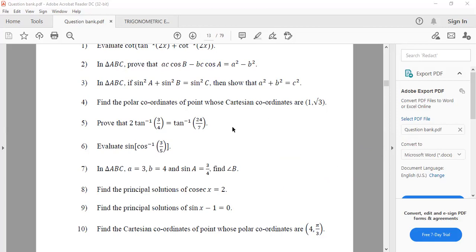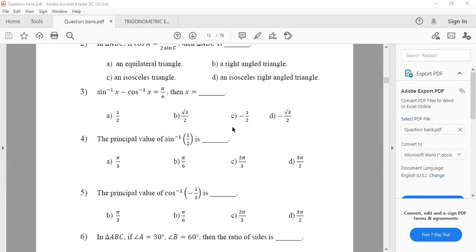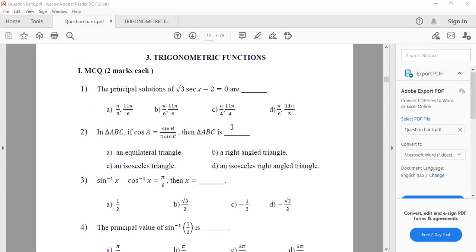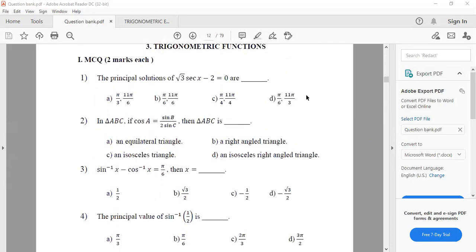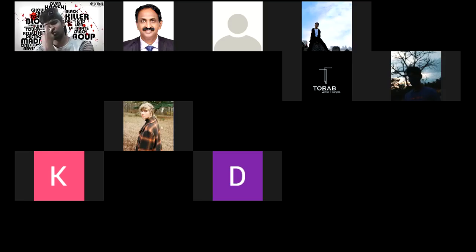Now let's go to formulas of trigonometric equation, properties of triangle. Tell me the formulas that you should know. Sine rule, cosine rule, projection rule. First of all, sine rule. What is sine rule? Sir, a by sin A is equal to k, same with b by sin B, and same with c by sin C.